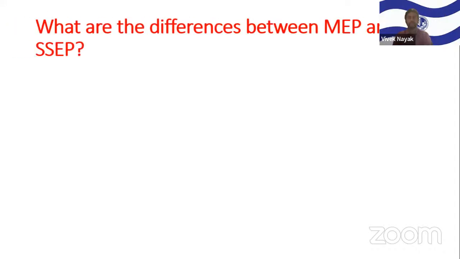Okay. What are the differences between motor evoked potential and somatosensory evoked potential? So the motor evoked potentials traverse the spinal cord in the anterior segment, whereas the somatosensory evoked potential will pass through the posterior part of the spinal cord. Injury in one area may not get reflected in the other area. So the somatosensory evoked potential include only white matter tracts, whereas the motor evoked potential includes both white and gray